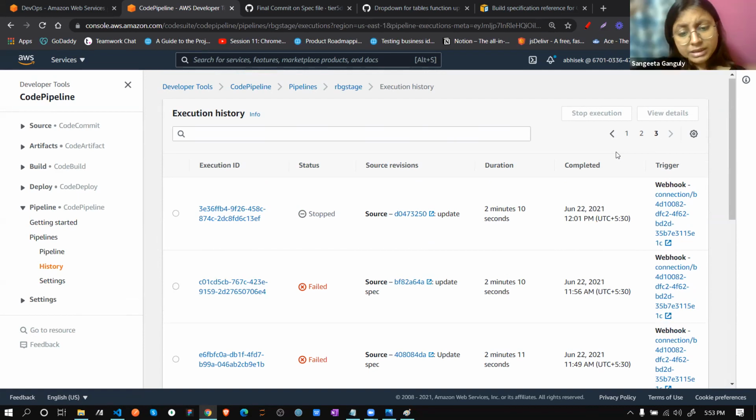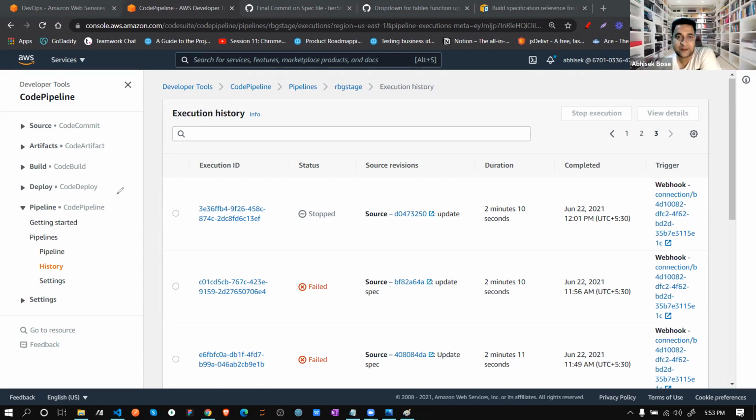Sir, I didn't understand this thing: where whatever the developer changes in the code and pushes to GitHub, then from there it automatically brings the buildspec file and tries to build. Basically, just think this way.